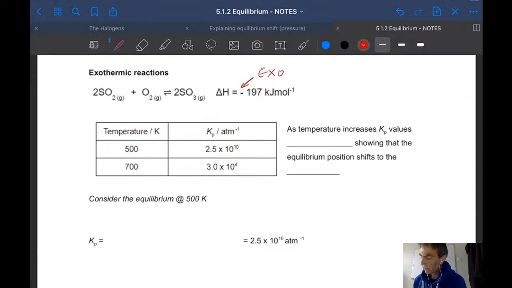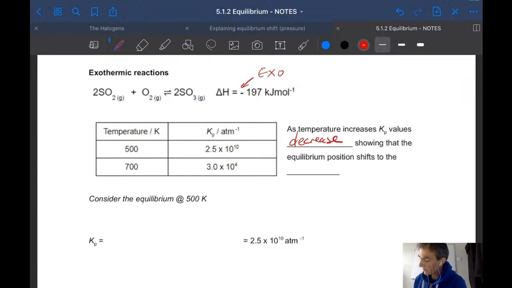So basically what's happening here for this exothermic reaction is that Kp has gone down as temperature has increased. That's something that you need to remember. For an exothermic reaction, the equilibrium constant will decrease if you increase the temperature. So as temperature increases, Kp values decrease,